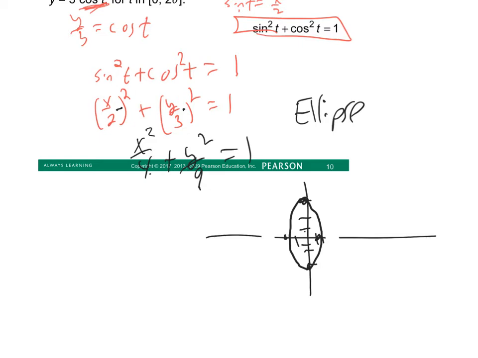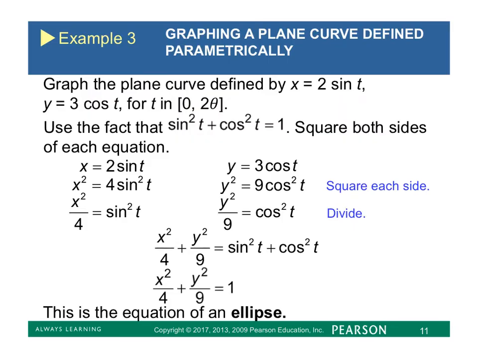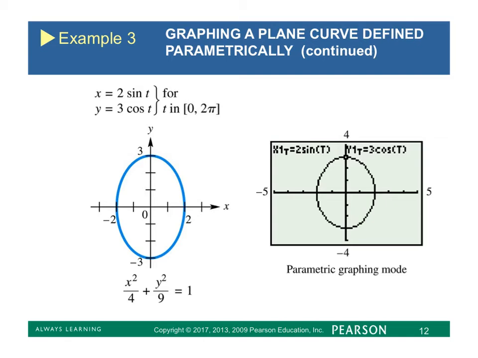See what the author did? Looks like the same thing. It is an ellipse. There's the 4 and there's the 9. So you did good. There's our picture. Now, I graphed it in rectangular, but what I'm going to do right now is show you